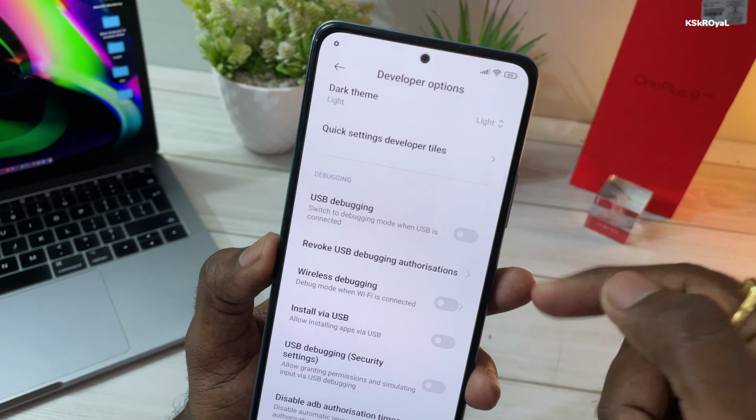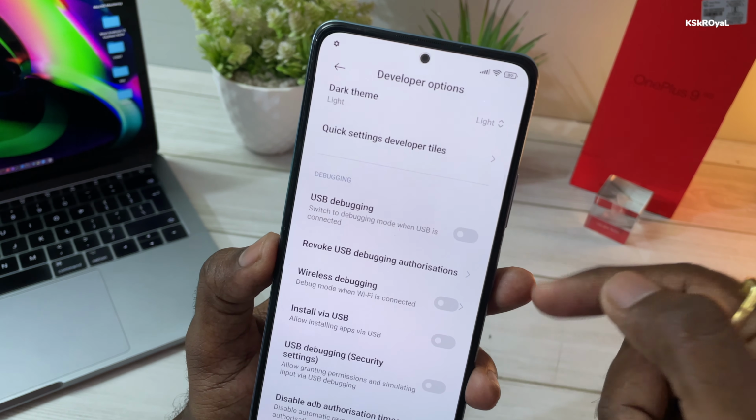Now to fix this issue, open the search bar on your Windows computer, then type device manager. Then under other devices, you will see the Android option with a warning indicator. Go ahead, right click on that and choose update driver. Then select browse my computer for drivers and choose this option. Now choose show all devices and click on next. Now select the have disk option and click on browse.